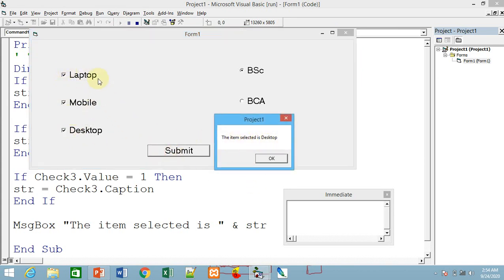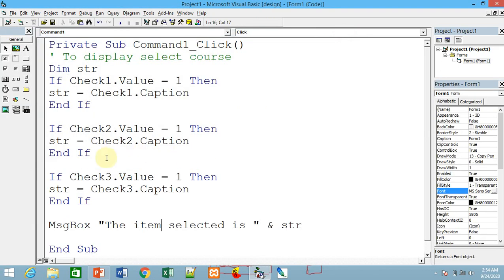Even though you have selected the other two, it will not display them, because of how we have written it. First it checks, laptop is stored since it is checked. Then mobile is stored, and the third checkbox is also selected, so desktop is stored. Finally only desktop is stored, but it should not be like this.